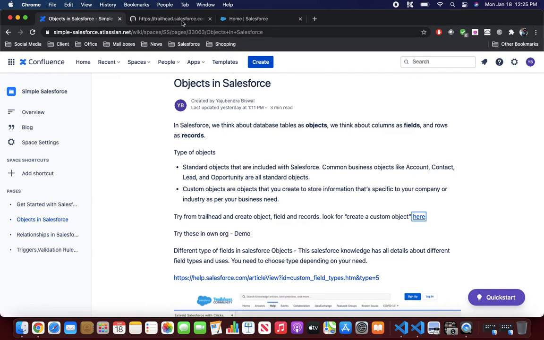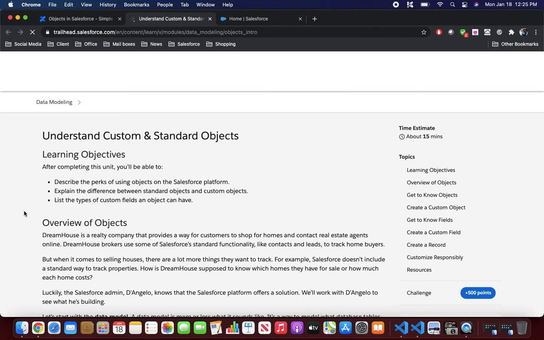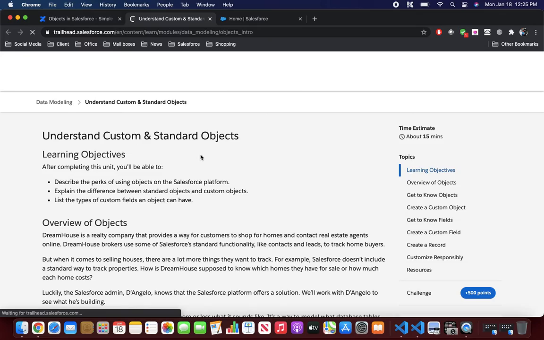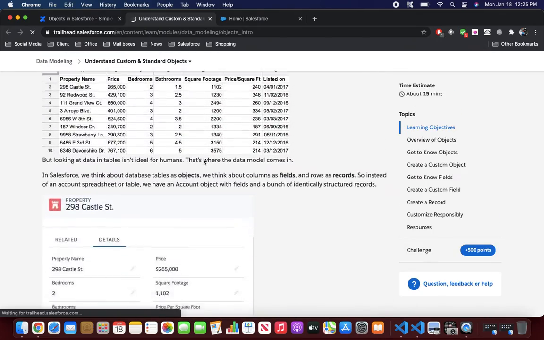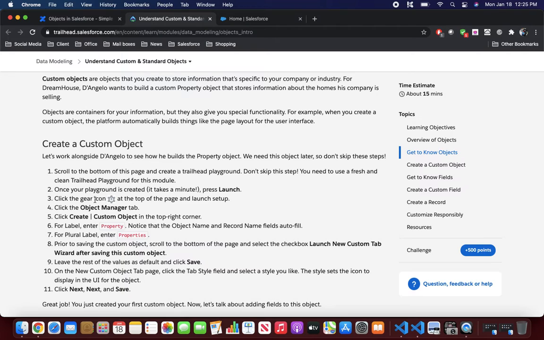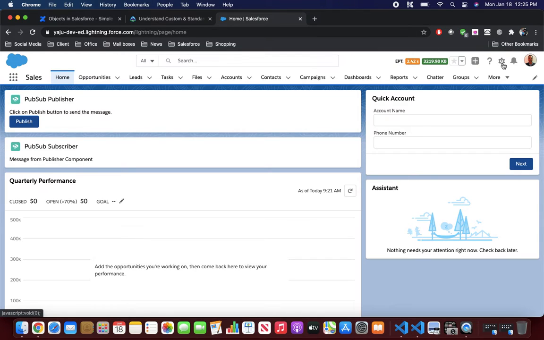Let's quickly open this Trailhead module. Like I said in my first video, Trailhead is the place where you can learn everything. So here, search for "understand custom and standard objects", and you will see how to do that. It will be very clearly step by step. Click the gear icon at the top of this page. So let's go ahead and do that. Here is my gear icon. I just click on that, then setup,